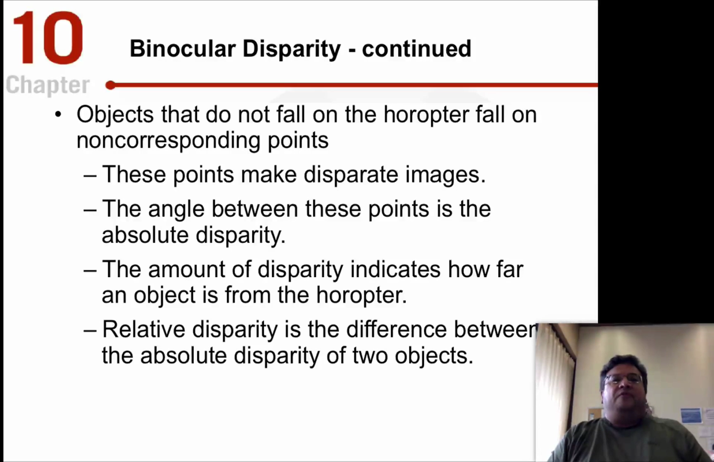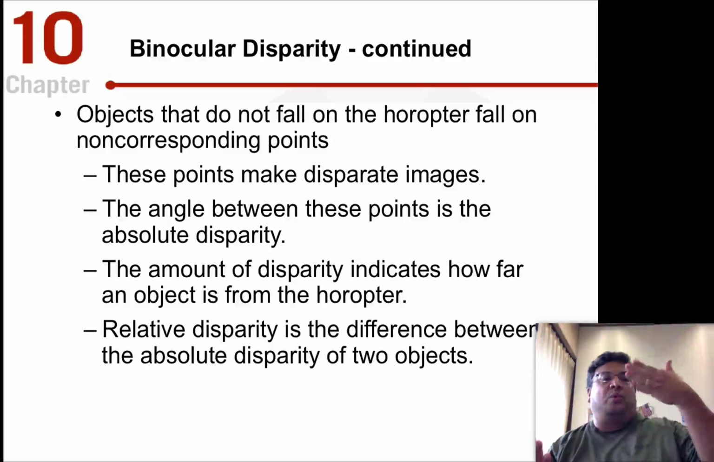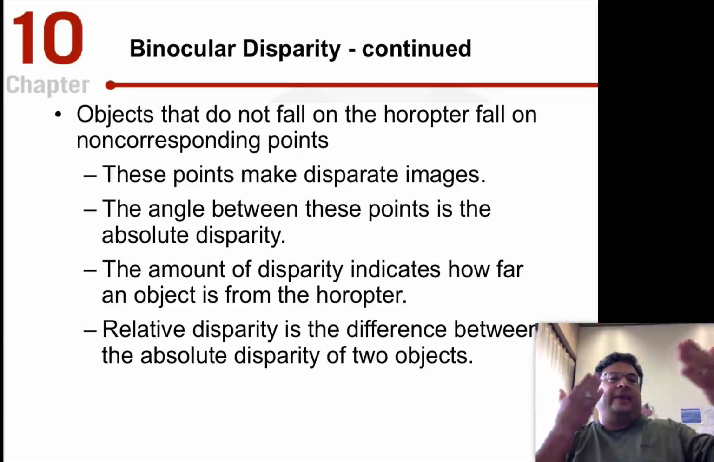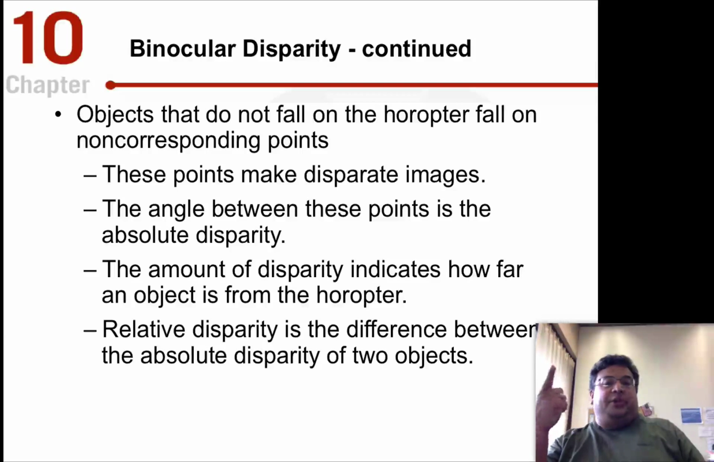So objects that don't fall on the horopter fall on different points entirely on your retina. And if the points are different, that makes different images. So one of the ways that 3D works is that you get a little bit of one horopter in one eye and another horopter in another eye. And that difference makes for different images. The angle that's between the points